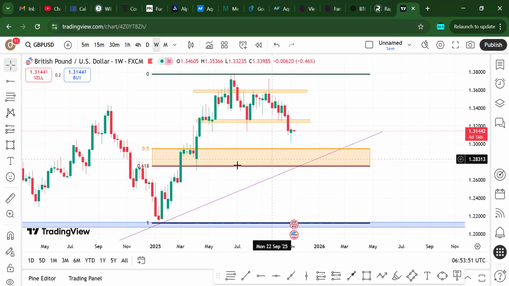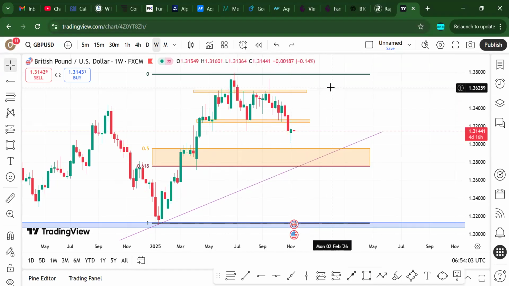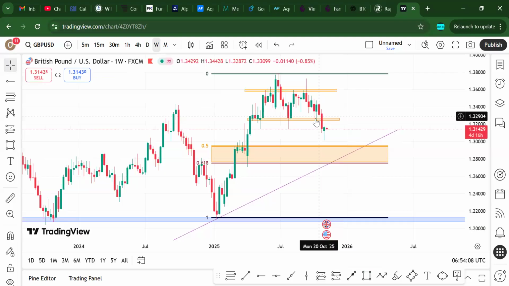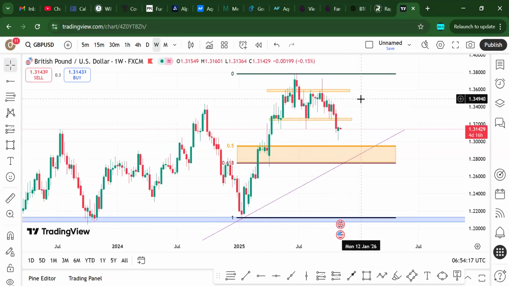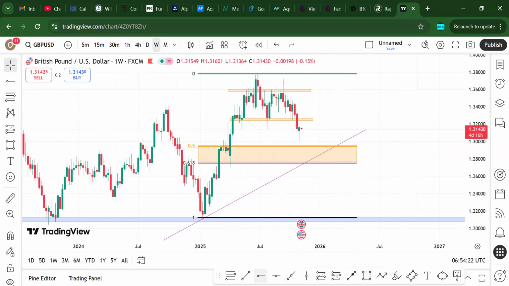Each candlestick here on the weekly time frame takes 1 week to form. So we can see that every time price got to this support level, it was rejected, and most times it came back to this resistance level above. But most recently, it broke out of the support zone. And if you look at these rejection candles, for the first time in a long time, price was able to close beneath this support level. Hence, further supporting my initial take from the monthly time frame that price is going to come into this area